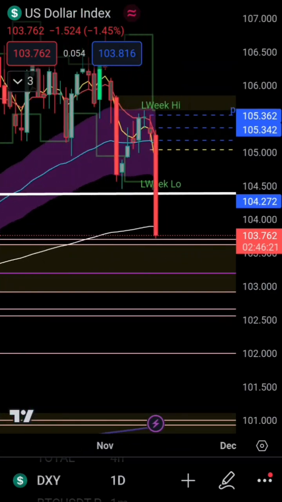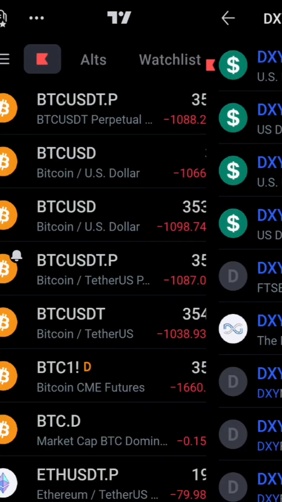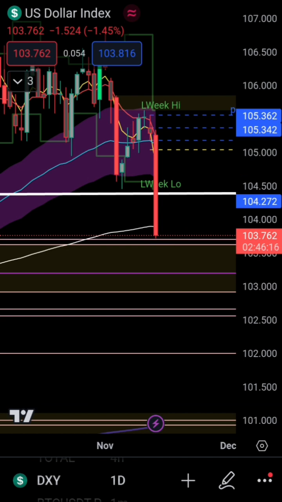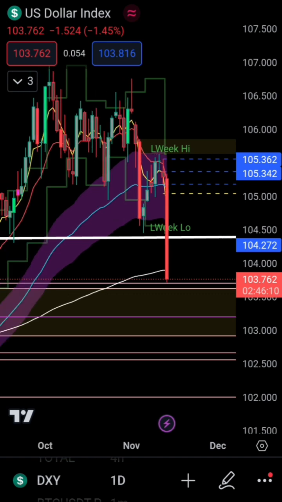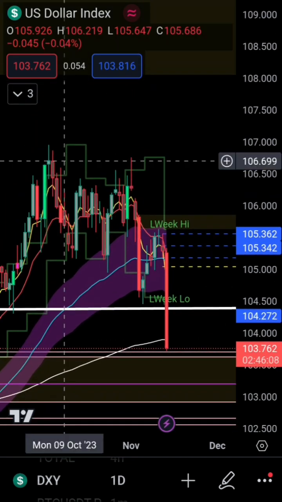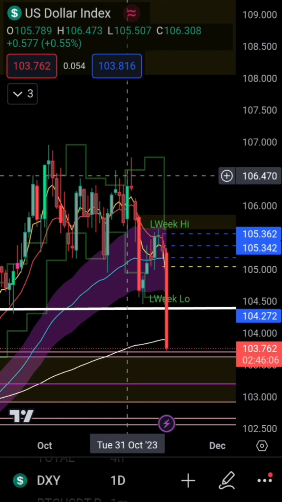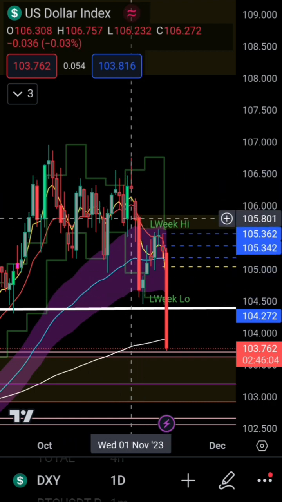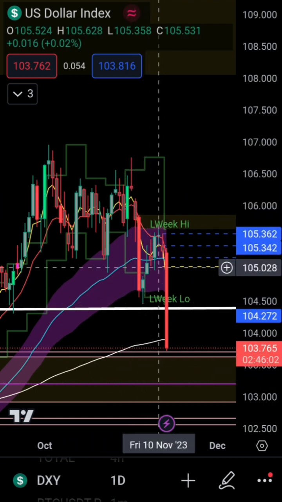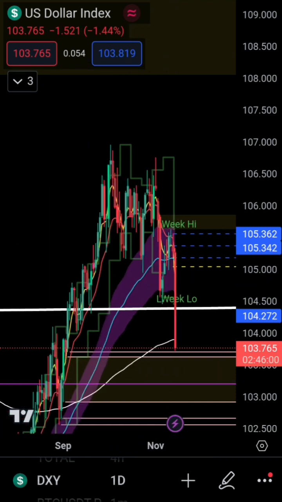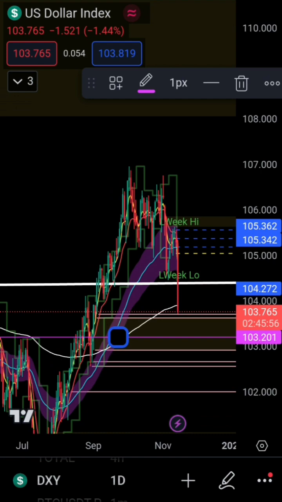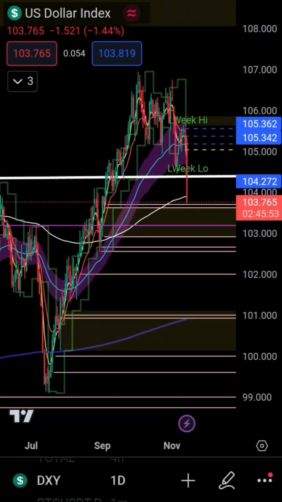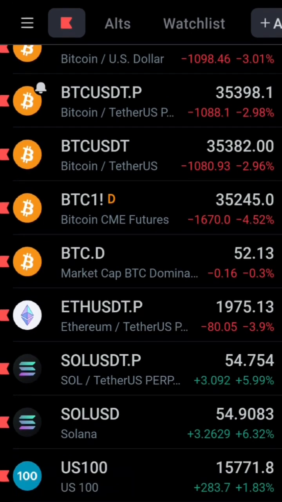You can see this is a very, very big candle on the dollar on the dailies, negative 1.5%. So I would expect the dollar, it looks like it made an impulse. You had a 1, you had a 2 maybe, and now another big beginning of a 3, or a 3, 4, and a 5. But it looks like it's not over for the dollar. The dollar needs to hold the 103.201. If it doesn't, then it'll be coming lower, and that will lead to the Nasdaq.